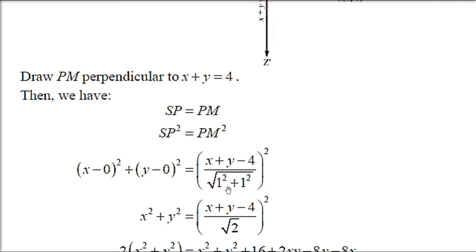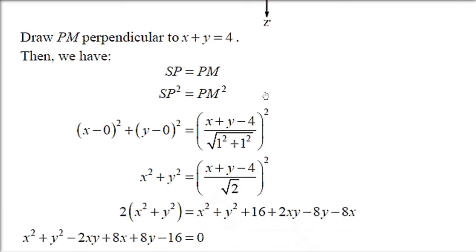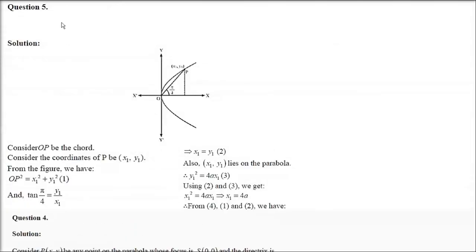We are putting x as x, y as y, and in the denominator we have the coefficients of x and y, under root, square them and add them. So this under root 2 will go because we have squared it. So x square plus y square, the root 2 square will be 2, take it on the left hand side, cross multiply. This is the final term.